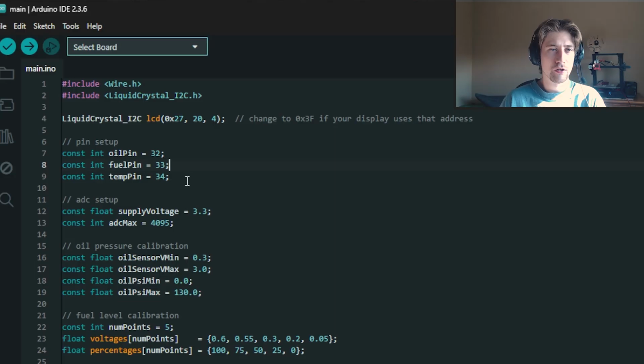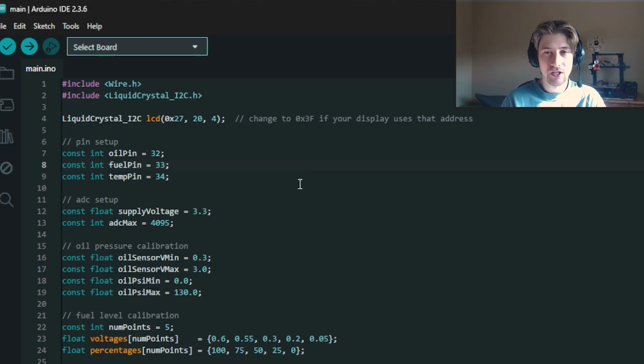Alright, so first up we're just doing a bit of setup with these variables at the top, declaring which pins we want to use. These pins actually do matter on ESP32 devices. There are certain analog pins that you can have voltage go into that read a lot better than others. So these pins were picked because they're ADC compatible inputs, meaning they can read analog voltages but can't output PWM